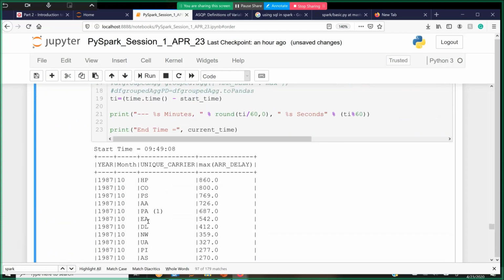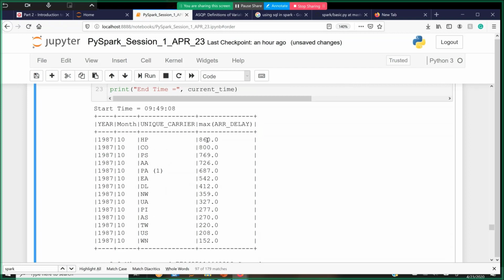So you can see that it is sorted by maximum arrival delay for the year, because I took only the year 1987, the October month. I will have only this, I don't have the others. This is 500,000 records, okay. But if I had run it,